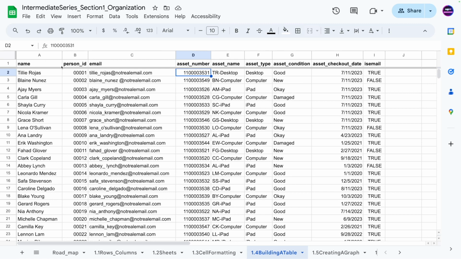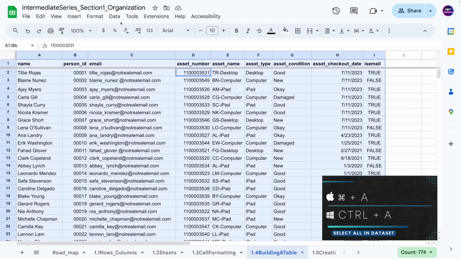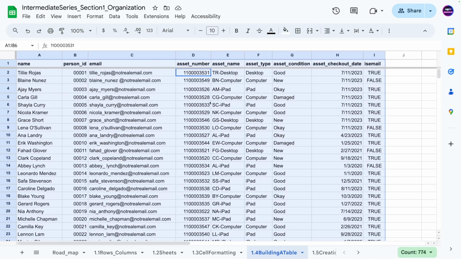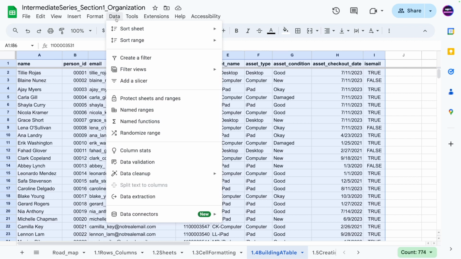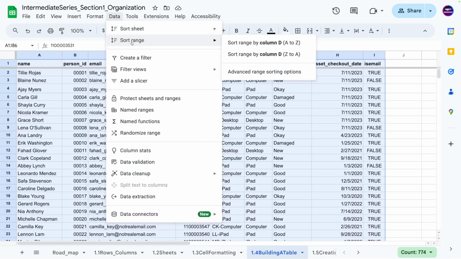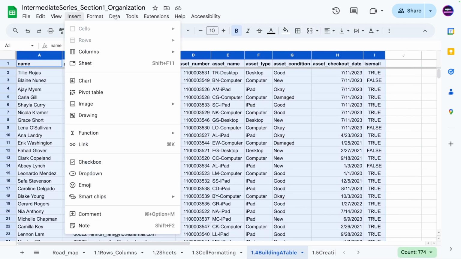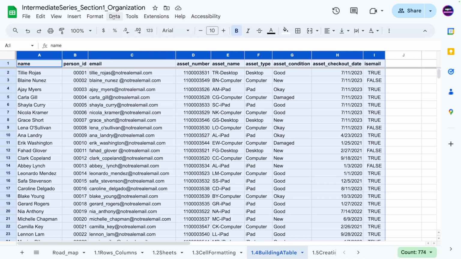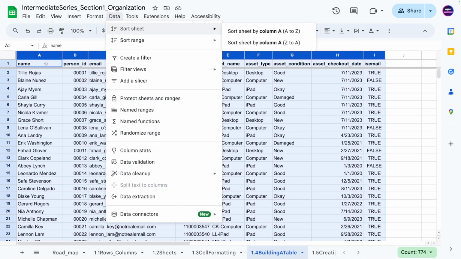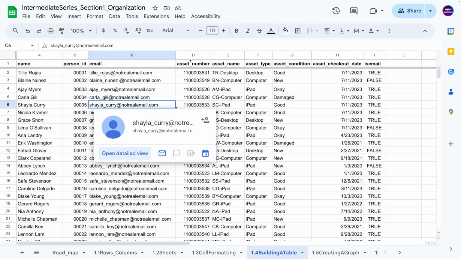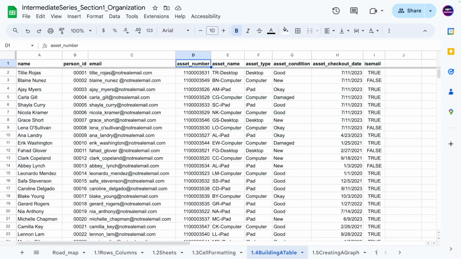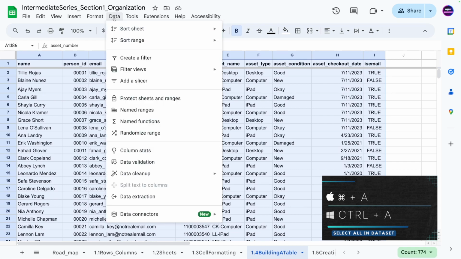So what we're going to do for this one is start by sorting it. I've highlighted it all by doing Command A. I'm going to go into data, and what you can do is sort the sheet or the range. Since I've highlighted a range, I'm just going to go ahead and do that. Right now it's going to automatically do it in column D because that's where my cursor was. If I highlight all of this, format, data, sort, now it's column A because that's where my cursor is. So I'm going to click there and then highlight all of it by doing Command A, sort,